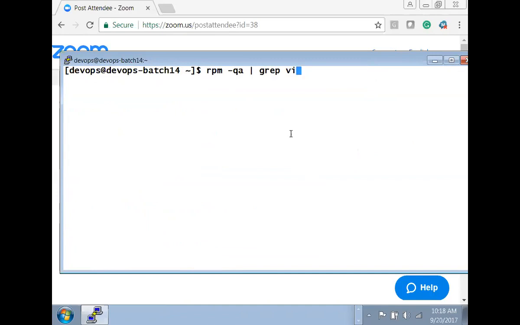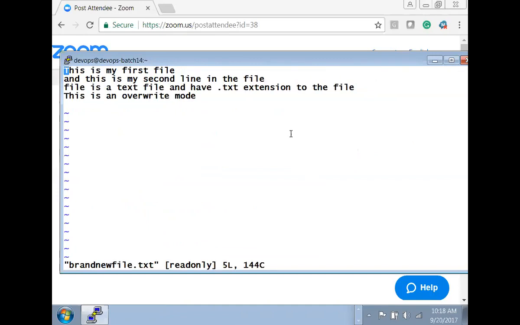Okay. So now I'll go with the view command. Ready, steady, go. See at the bottom, what is it showing? Read only mode. That means sometimes what happens, we mistakenly press some keys here and there. Chances are that the file may get changed. So to avoid that, go with the read only mode, which is the view mode.